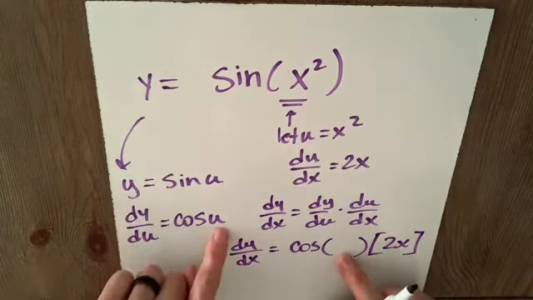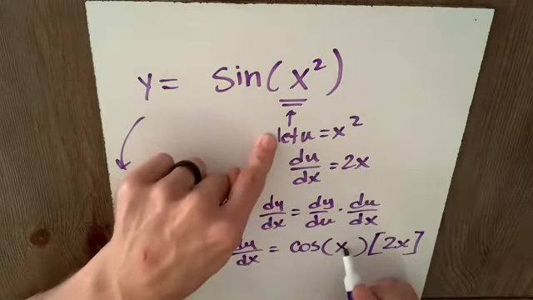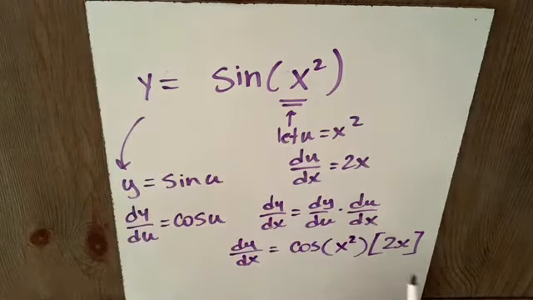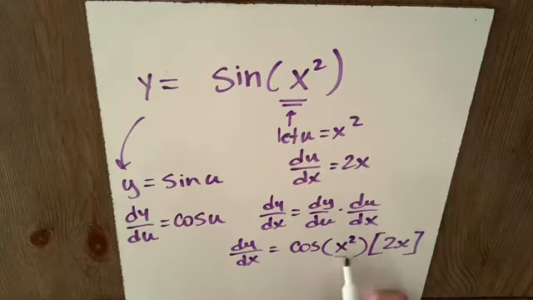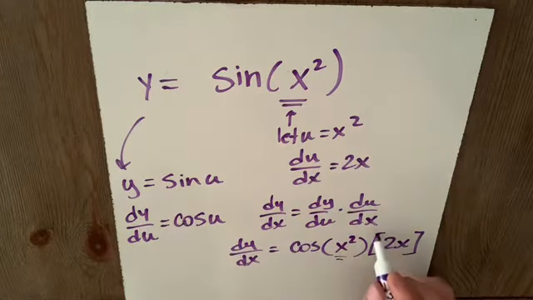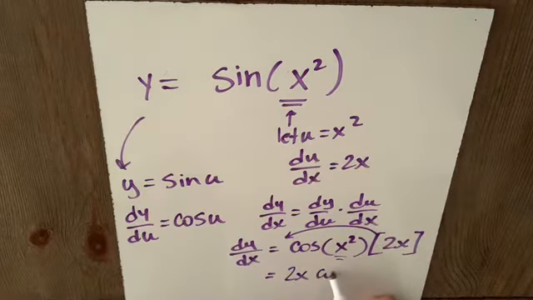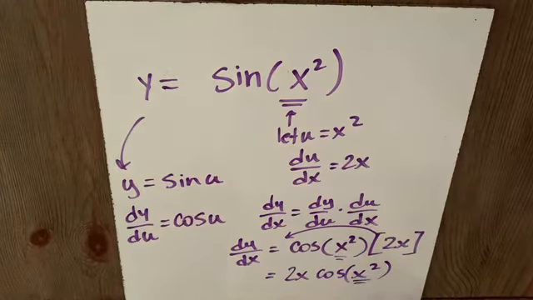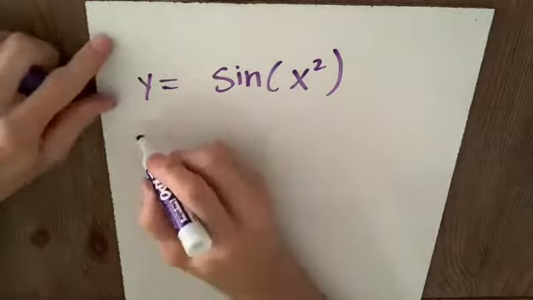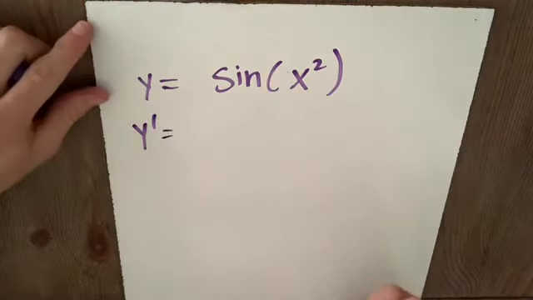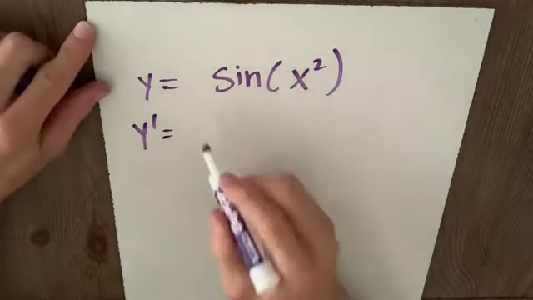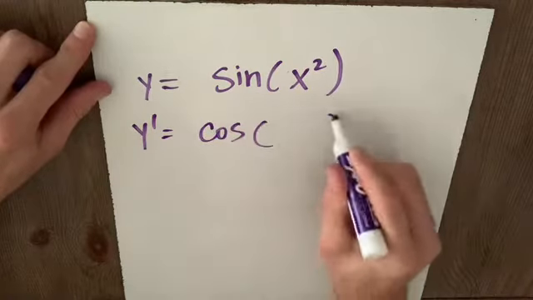Now, what was u here? Well, we let u equal x squared. I know that there's a temptation to make this cosine of 2x to the third, but we take cosine of this angle and we want to leave that unchanged. That remains unchanged, I should say. 2x times cosine of x squared. So our angle remains unchanged. And that's our derivative. More quickly, I say y prime is equal to derivative of sine is cosine of whatever,